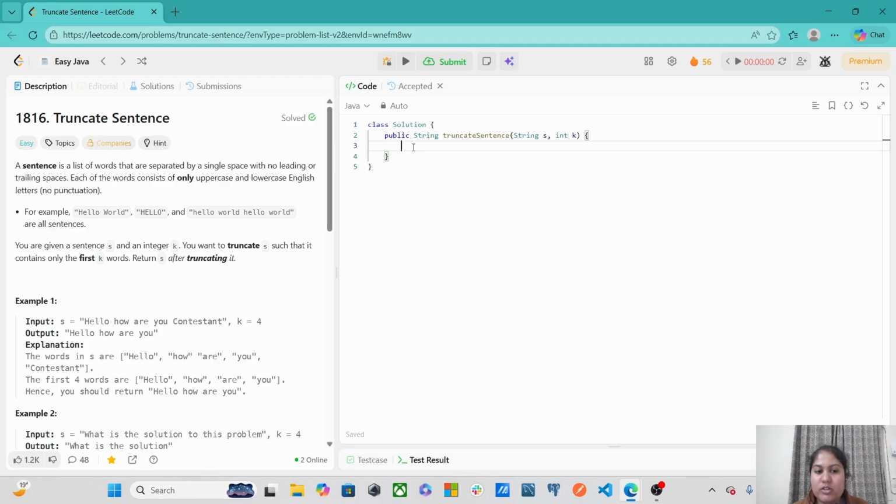As soon as space count is equal to k, that is 4 in this case, we'll return the substring from 0 to the iteration index i. And if the whole for loop is done and we can't get our space count equal to k, then at last we'll return string s, because it means that there are exactly k words in the string. So we'll return the whole string. Got it, guys? Let's try to implement it.